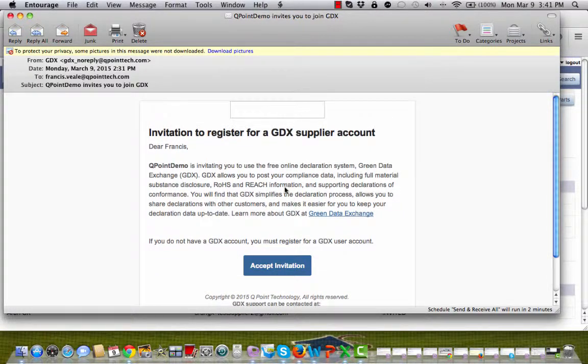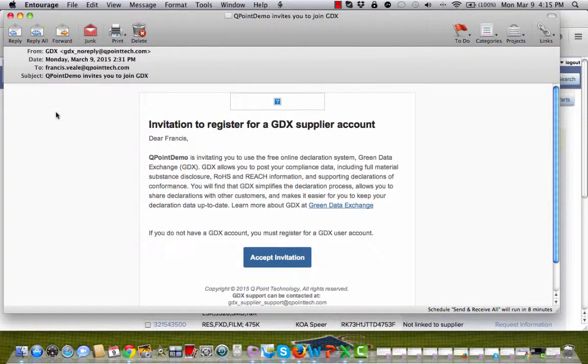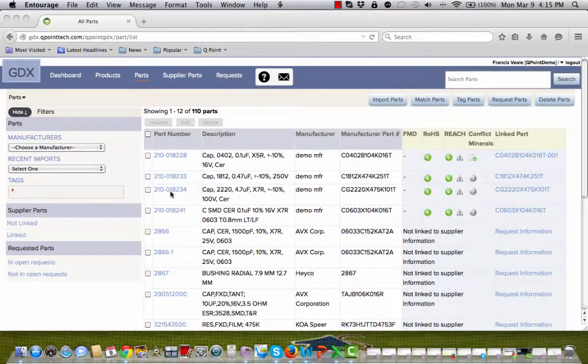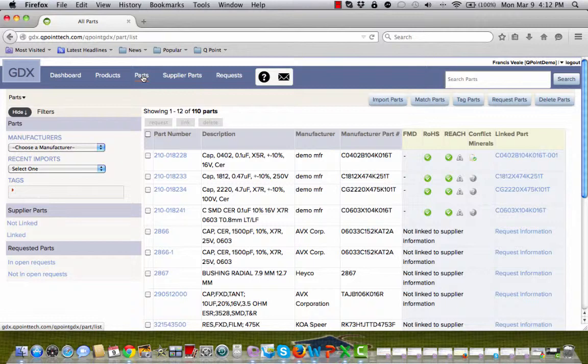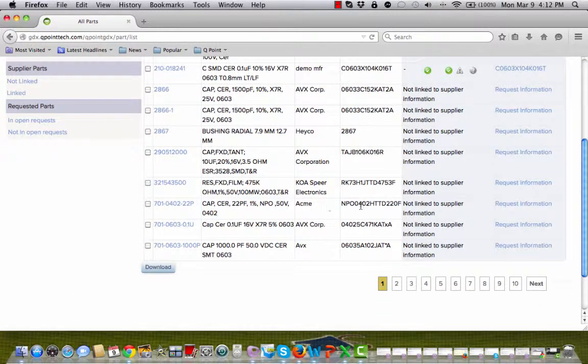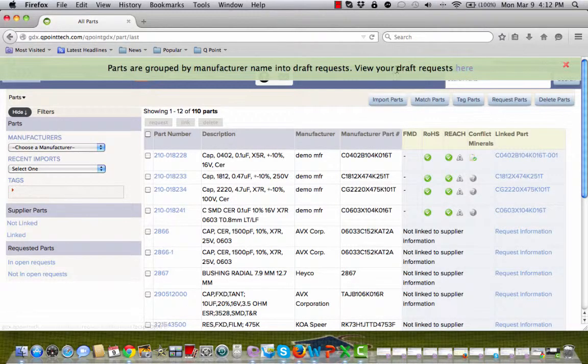There are several methods of requesting data in GDX. You can request an individual part, request several parts, or request all parts. To request an individual part, simply click on the Request Information to the right of the Parts tab. Individual part requests are typically most useful when requesting data for a single part in order to obtain BOM level